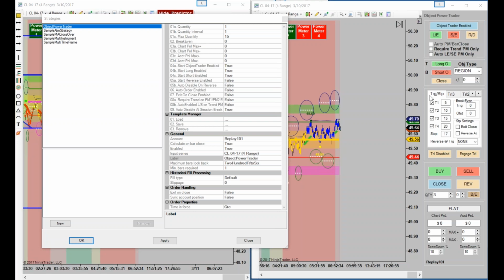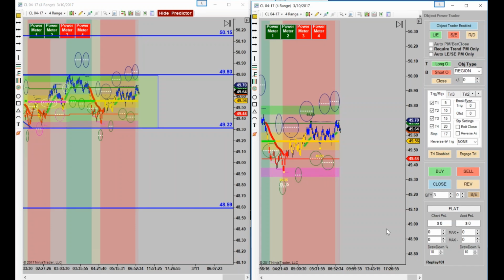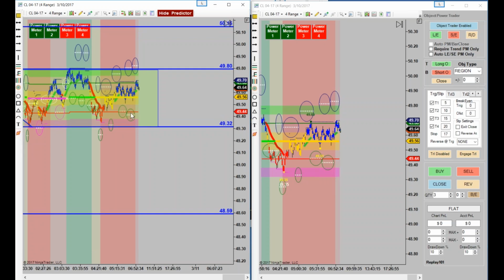Okay, this is the type of stuff that clobbers you, Mindy. This is the type of stuff right here that anytime you see this going on like this, you absolutely just want to scalp. Okay, I don't think you should try to go for big amounts and things like that. Now, you might have one chart that you possibly do. Now, to me, when you're in this chop like this, notice how you're not even touching these predictors. Okay, that's pretty sideways choppy, but these predictors are pretty good little tools to use,